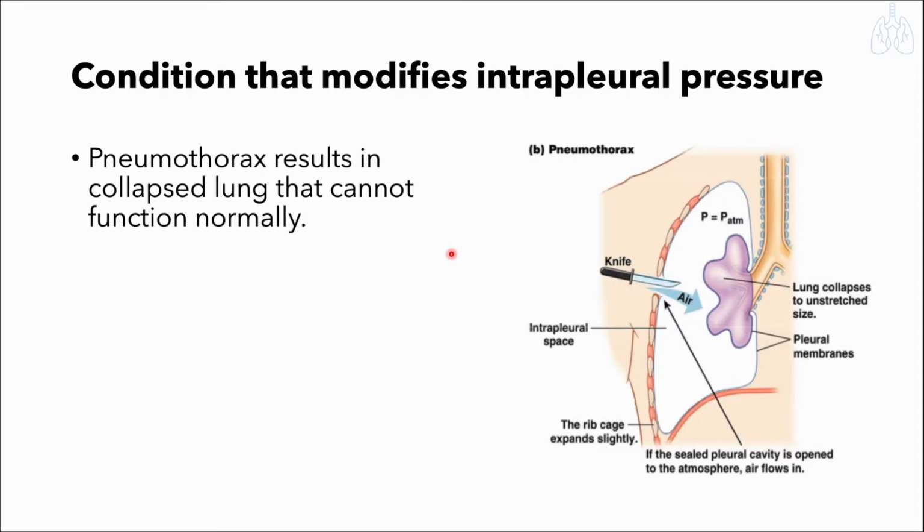Okay, here are conditions that modify the intrapleural pressure. So I give you one situation like pneumothorax. Okay, so pneumothorax is actually a condition by which the pleural space is leaking ataupun bocor. Okay, contoh macam there is a story by which a person is going sailing, and then swordfish tu dia macam terbang-terbang kan, dia lompat-lompat tu, and then this swordfish cocok dia punya lungs, dan orang tu memang akan having difficulty in breathing because